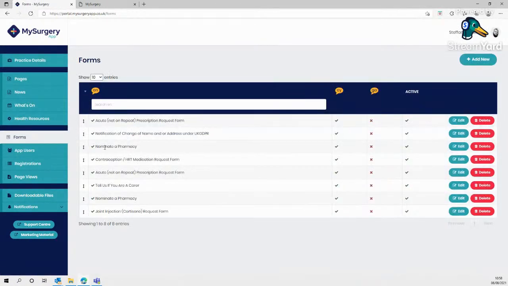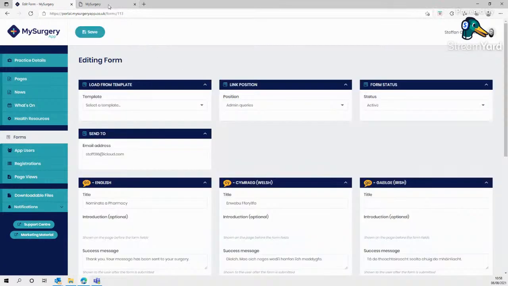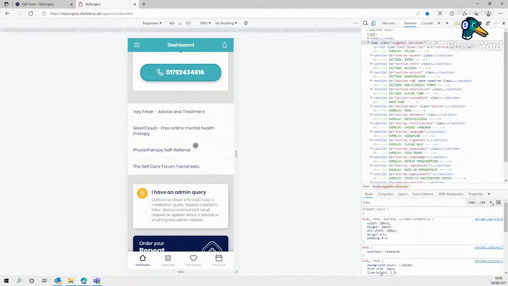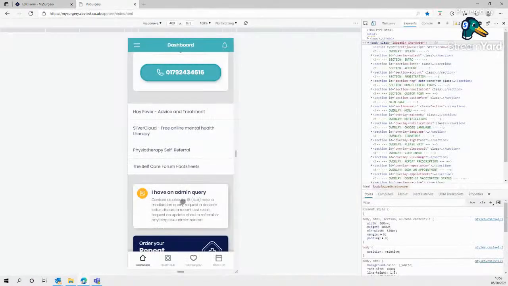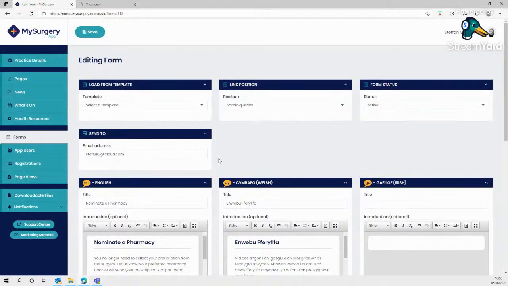So if we wanted to nominate a pharmacy, for example, previously, if you wanted to put any of these forms, they would go not behind this admin query button, but they would go in a long list above here. And this list could sometimes get a little bit convoluted if you're putting a lot of admin query forms there. So we've now made it available that you can put all of these forms behind this admin query button here. So let's code this now so that the nominate a pharmacy form is behind the admin queries